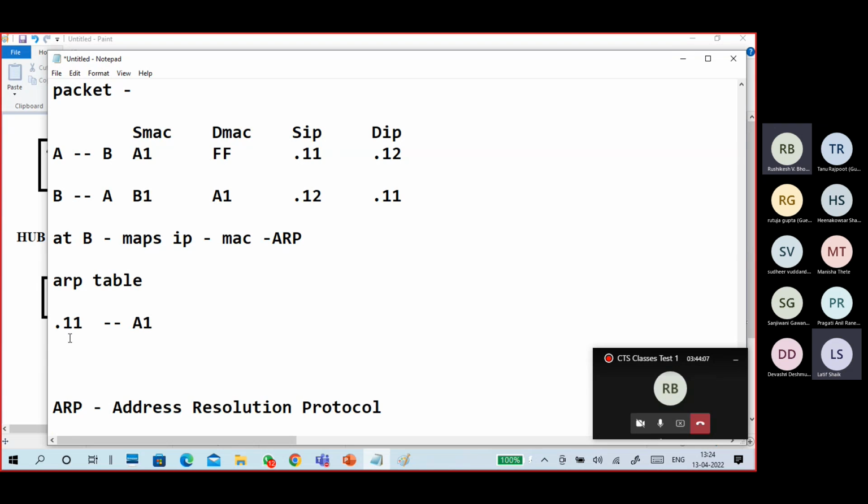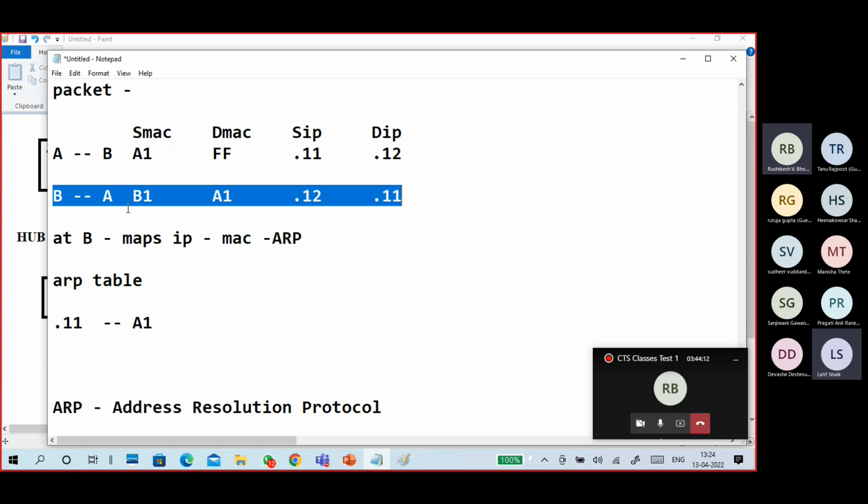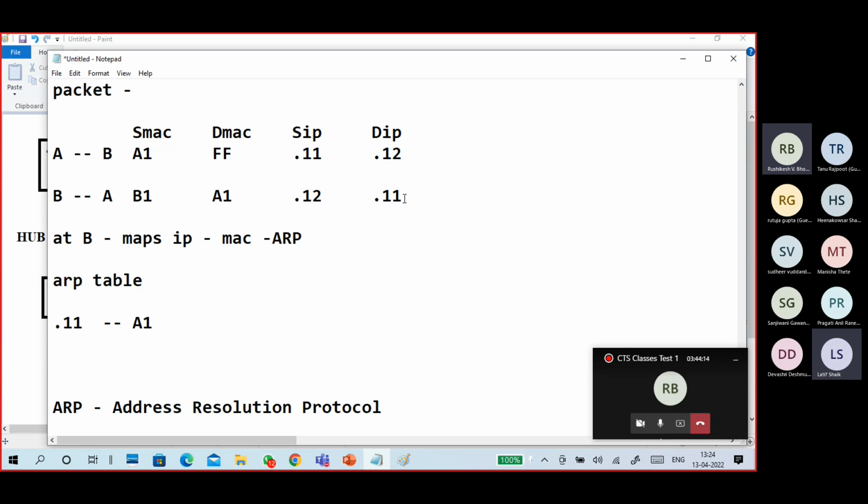Like this, it will do it. That's why when you are sending a packet again from B to A, what is the destination IP address? .11. Then what is the destination MAC address? A1. Like that, it knows it.